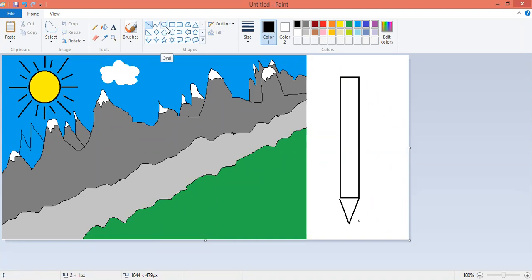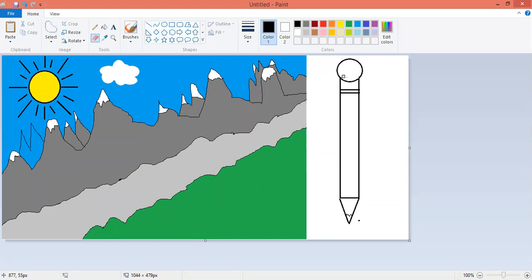Then I need a rubber at the back, so I select the circle. Right now it doesn't look good because the color is not there. Then I am putting some sort of design. Okay, so we put this one, and then I select the pencil, and with the help of the pencil I am drawing the tip of the pencil. Now I took an eraser and I erase this line.